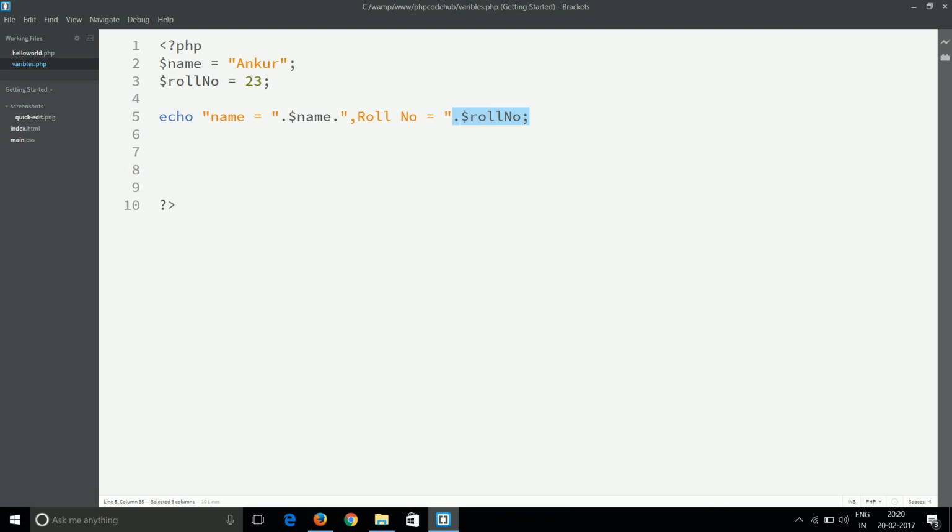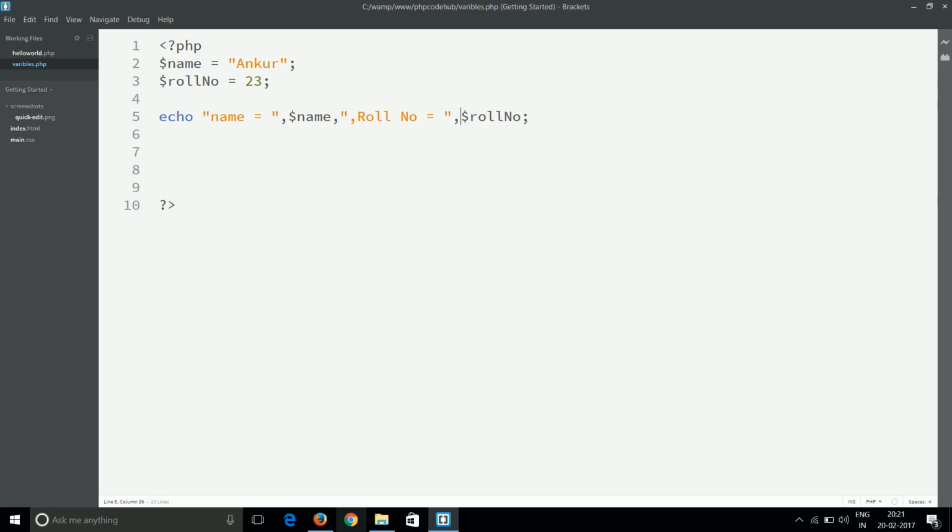Now another method we can use is to just put a comma in between these variables. Again we refresh the page, and we can see that name is equal to Ankur, roll number is equal to 23.